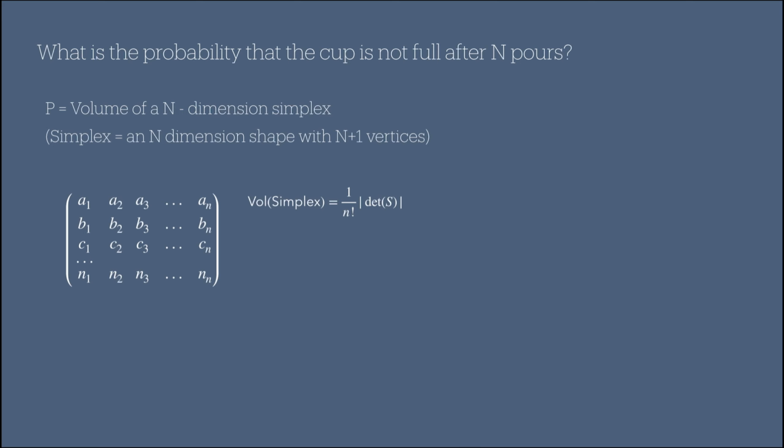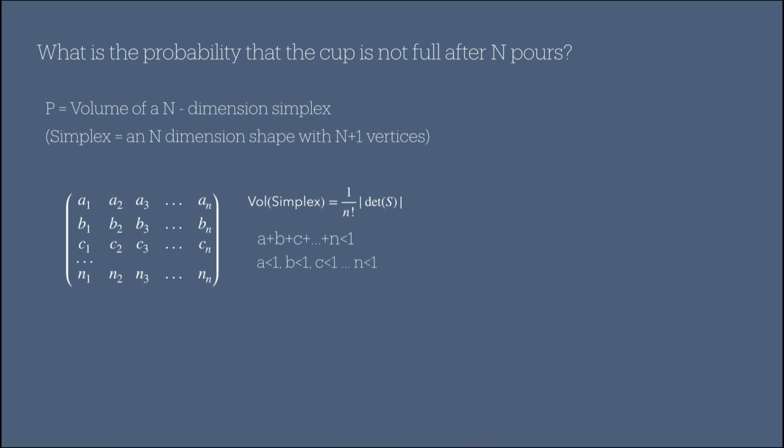From the question, we know that the sum of the variables a, b, c all the way to n is less than 1, where each letter represents one pour into the cup. By setting b through n equal to 0, we get a is less than 1, and repeating this procedure for each variable, we get b is less than 1, c is less than 1, and so on up to n is less than 1. And note that here the lowercase n represents the uppercase N plus 1, since they are n plus 1 vertices. These conditions allow us to calculate the vertices as they represent the maximum values for each